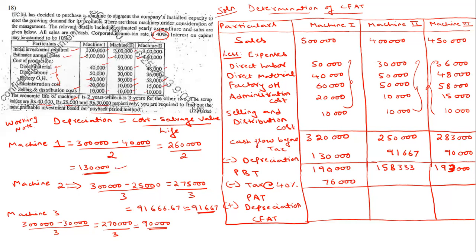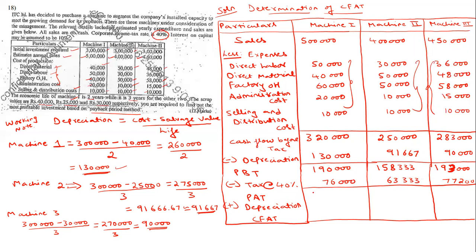40% of 1,90,000, and 40% of 1,58,333, I'll be getting 63,333. And for machine 3 on 1,93,000, at the rate of 40%, 77,200 is what I will be getting as the tax amount, 77,200 rupees. Now, if I deduct the tax component from the profit before tax, I will be getting